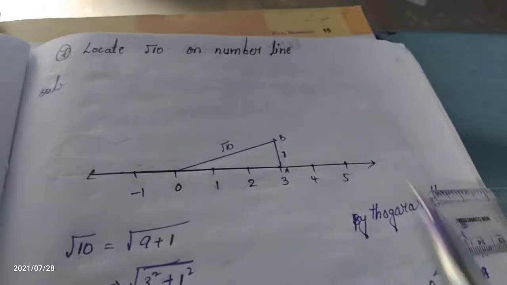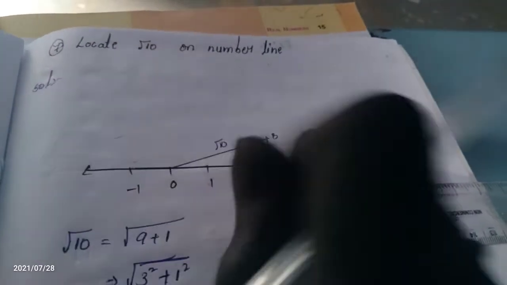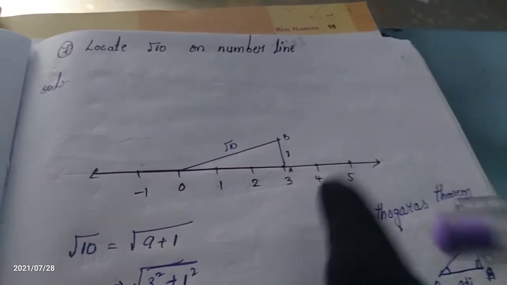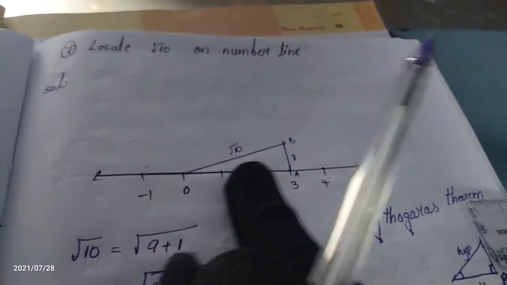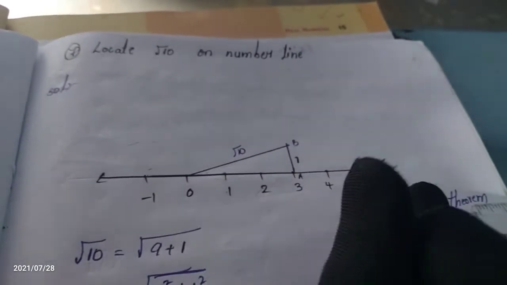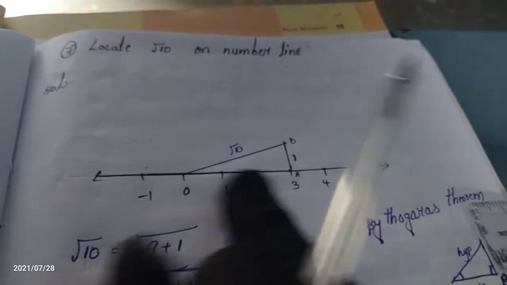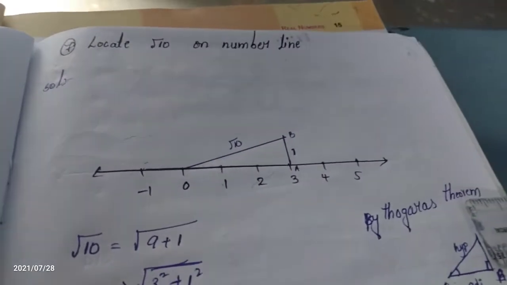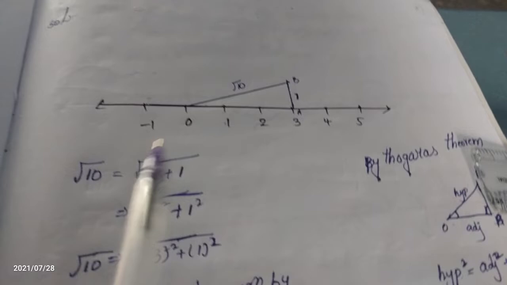First, what we have is root 10 now. First step, you have to draw the line. The distance should be equal. All the distances should be equal. Do not take too large or too small. Just the distance should be equal. Afterwards, come down.